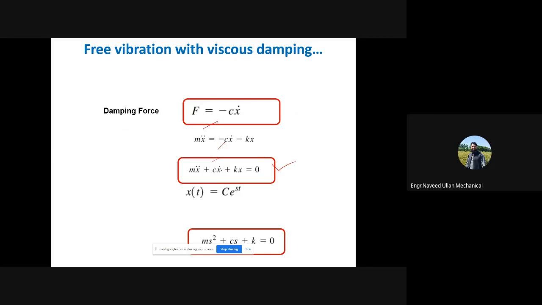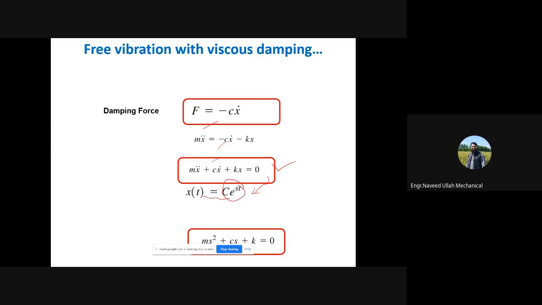Now from here, if you want to find out the natural frequency, you divide by m and you get k by m, the same natural frequency. And if you want to find out the response of the system, the response will definitely be different, because we have included a damper over there. So the same way you can consider this